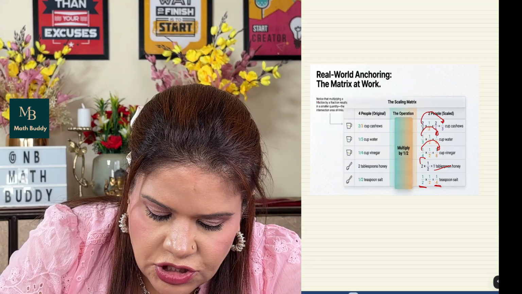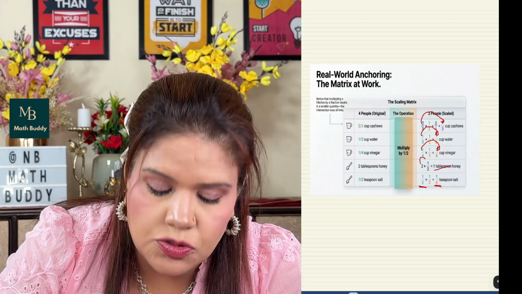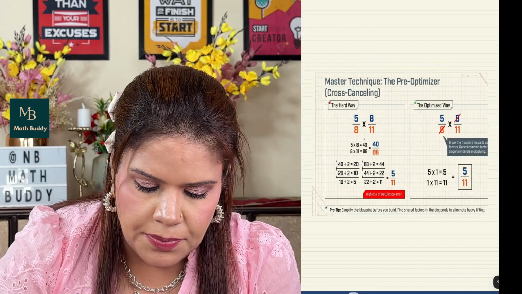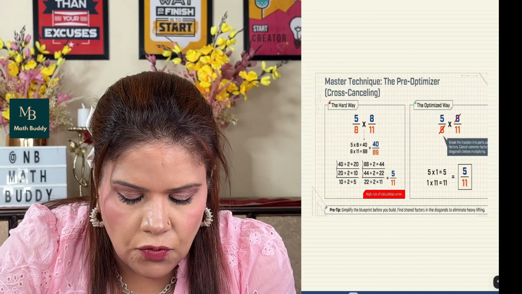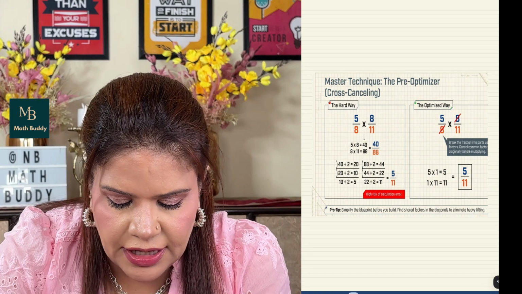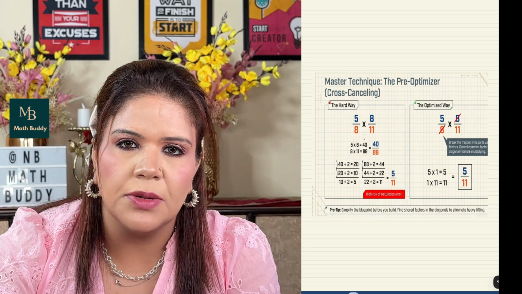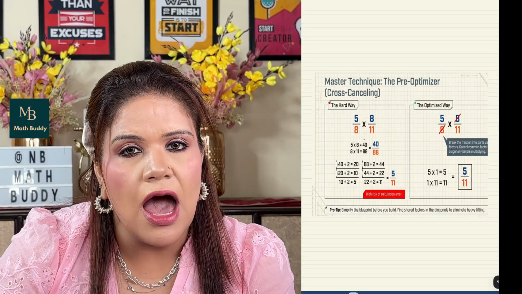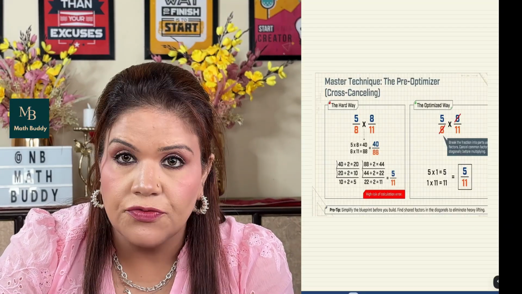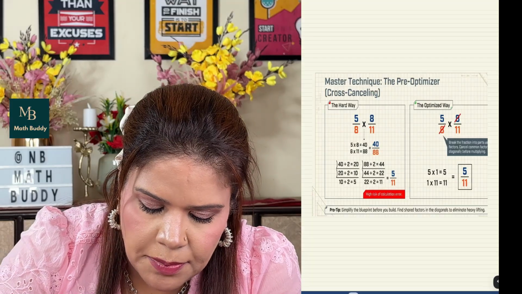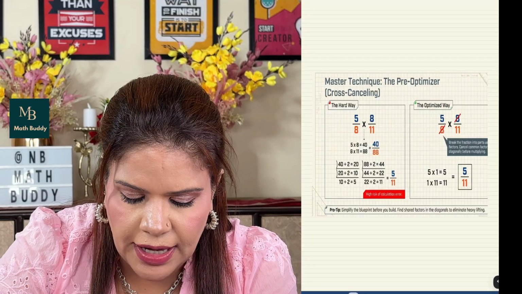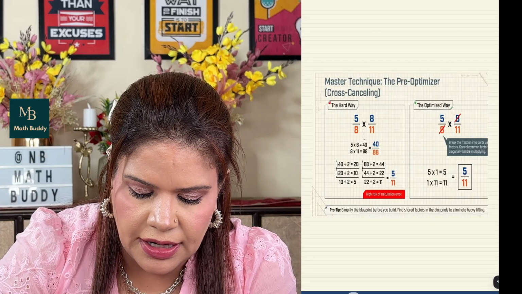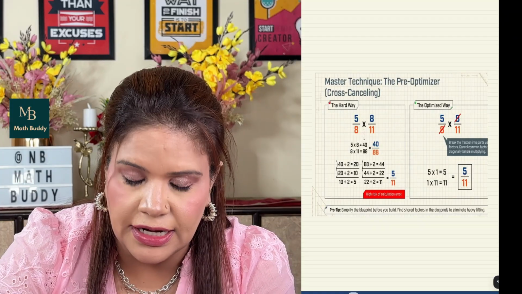Notice that multiplication of a fraction by a fraction results in a smaller quantity. The intersection area shrinks. Master technique. Now we can do the multiplication. Now we have to simplify our mathematics in such a way. When we multiply, we have two methods of multiplying fractions. I can multiply straight across 5 into 8, then I will get 40, and I can straightly multiply 8 into 11 and I will get 88.